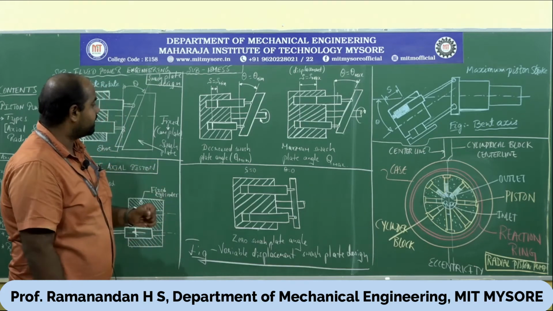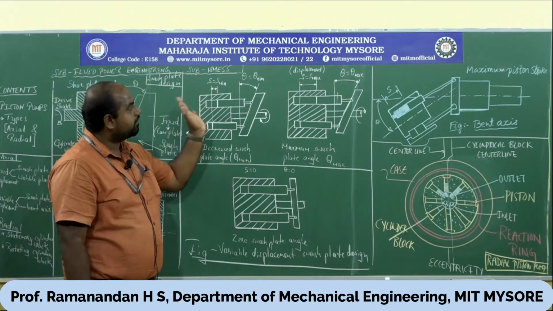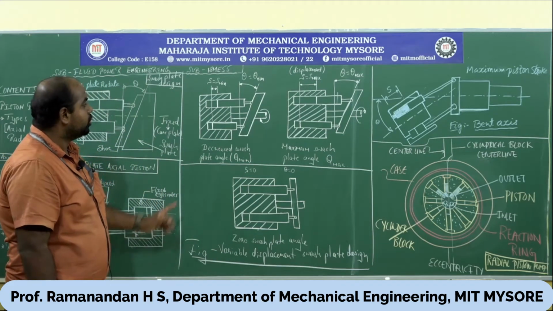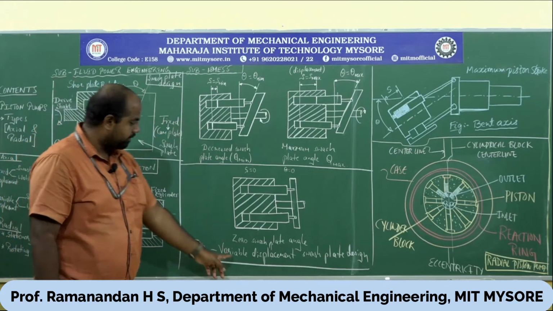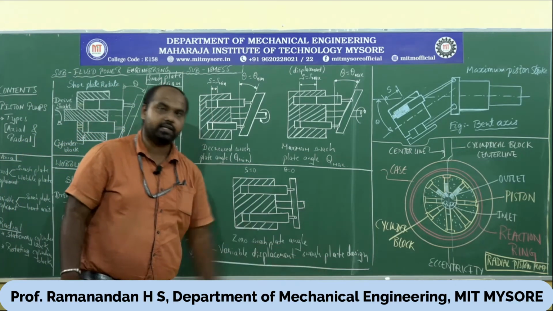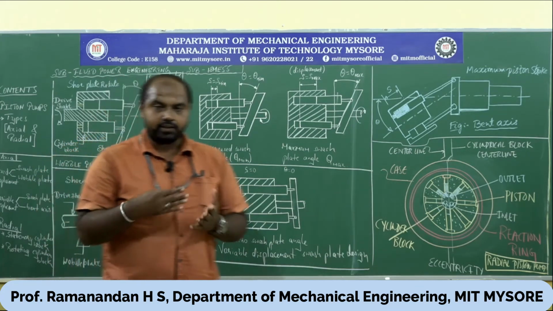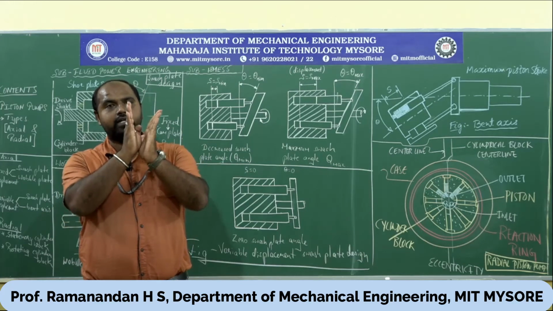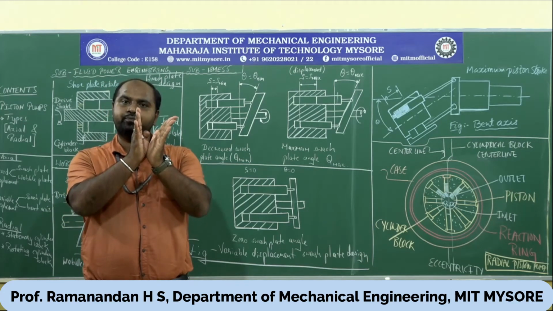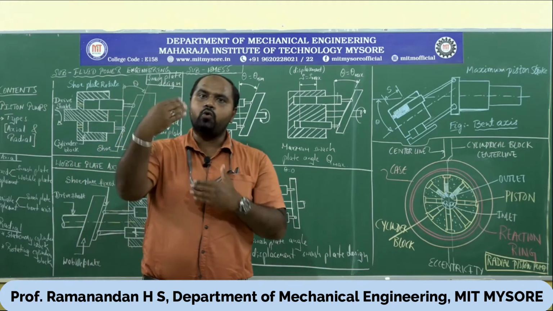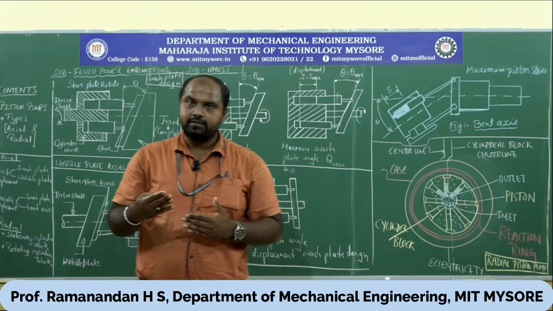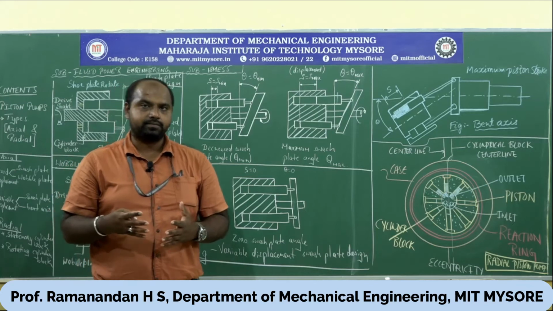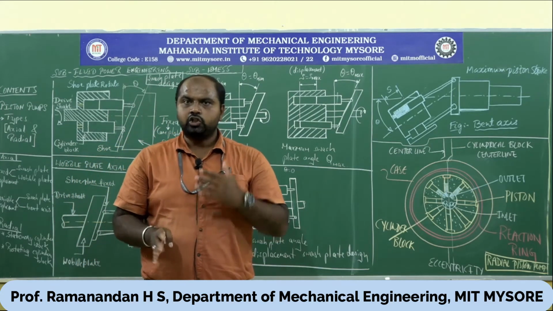Coming to the next cycle, the next set of pumps are called variable displacement piston pumps. You can see here again, this design is variable displacement swash plate design. In the previous case we have seen theta, the angle between the cylinder and the swash plate, is fixed. That means the output of the pump is fixed, it cannot vary. Output of the pump is nothing but fluid energy or discharge. Discharge is fixed there. So here it is not the case.